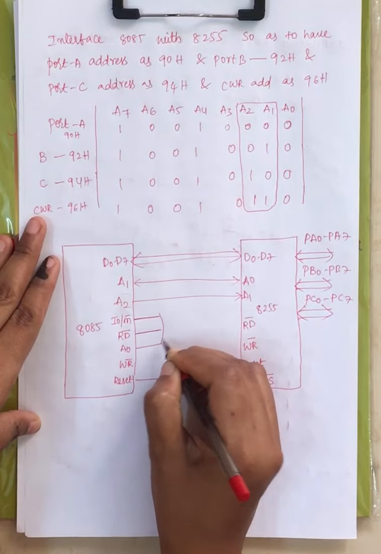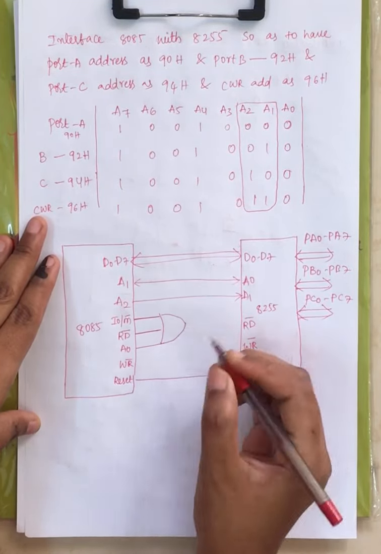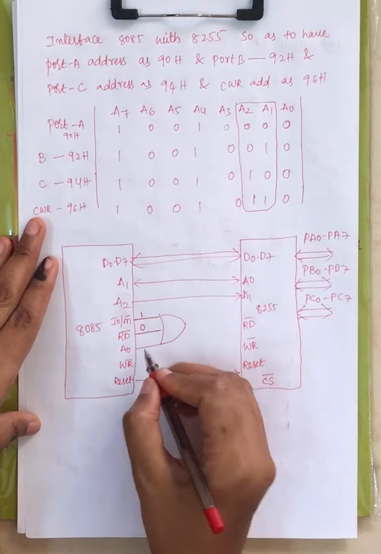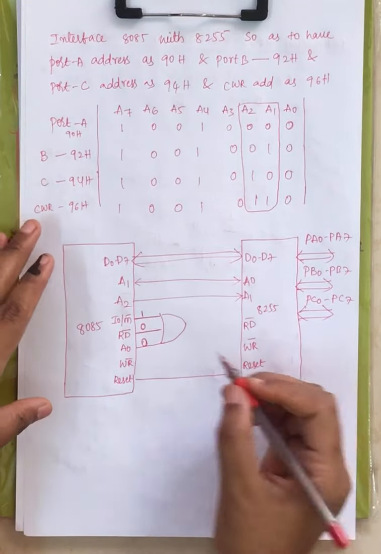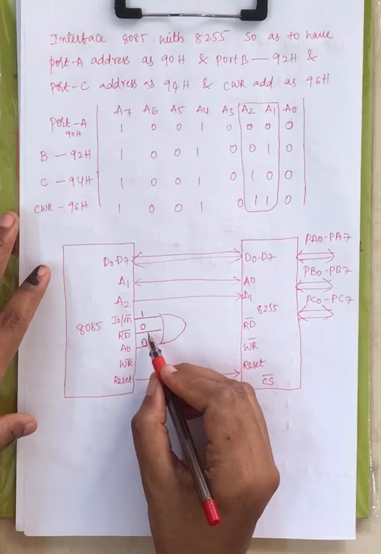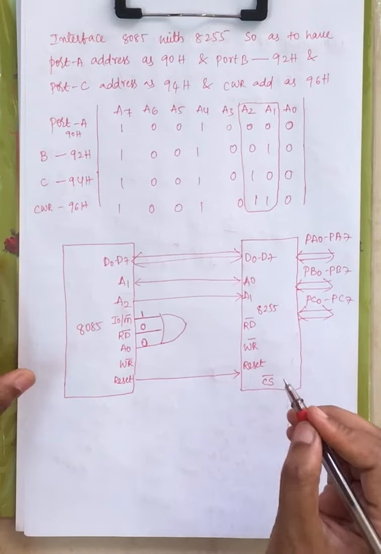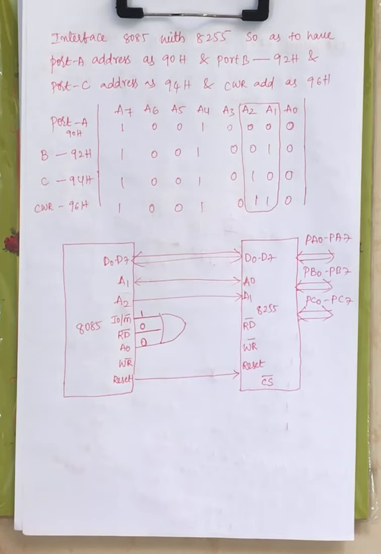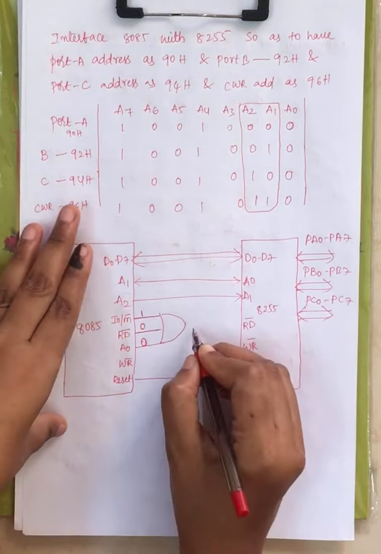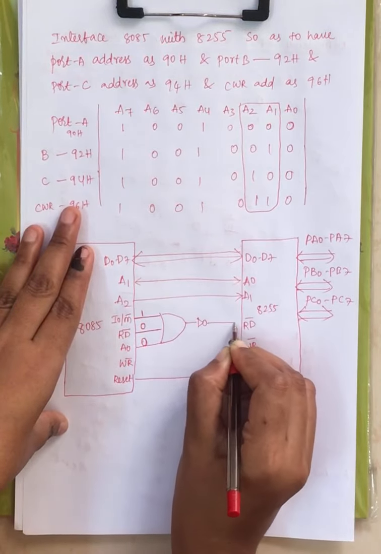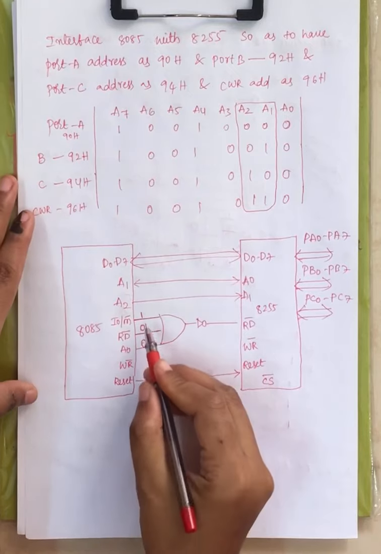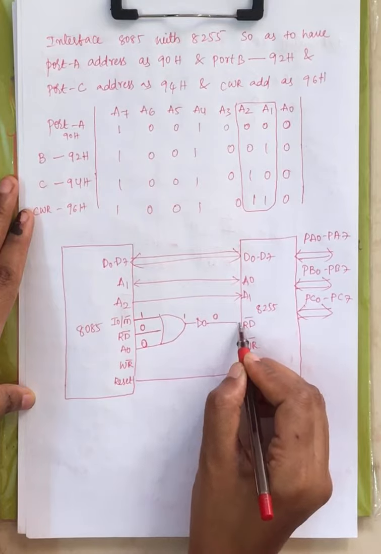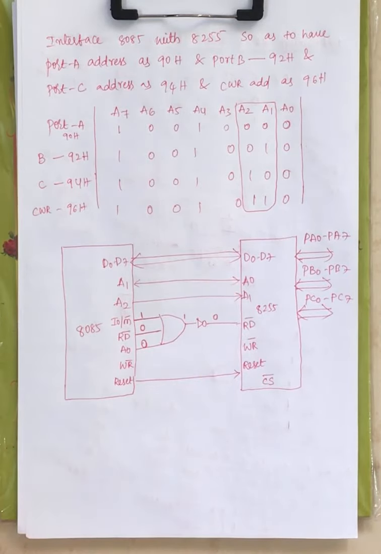These are OR gates, but as I have said, you can use any logic. Now this is 1. For a reading operation, this should be logic 0. What is the value of A0? It is 0. For 1 0, 1 is the output. Now this is AND gated, inverted and connected to RD bar. For 1 0 you are getting output 1, and after inversion you get 0, because in order to read the data you have to supply 0.